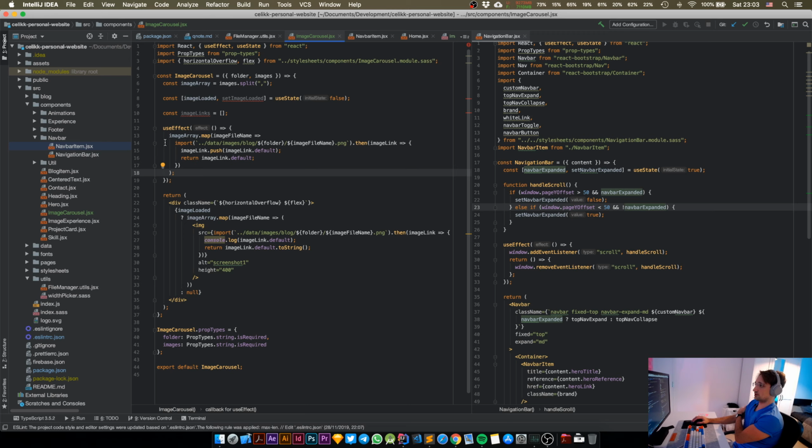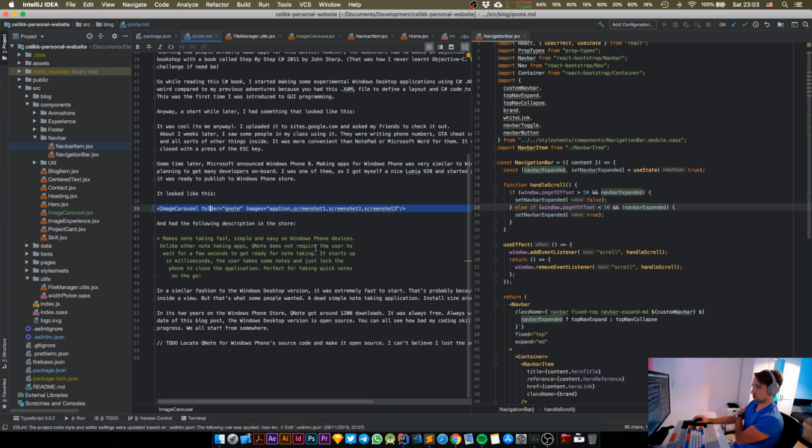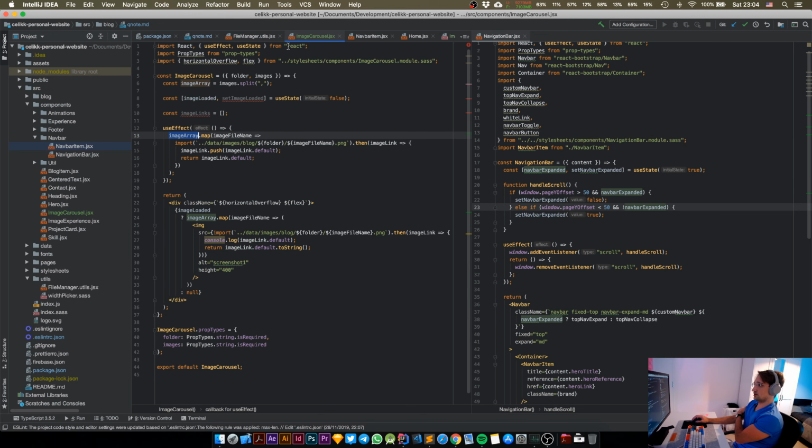Cool. So when the component is loaded, we're gonna read all of, let me show you, these image names. These are comma separated values. The first one is app icon, second one screenshot 1, screenshot 2, screenshot 3. Inside in here, I'm gonna do an import, and it's importing all of the file names. All of the image names are read from here. I split them, I turn them into an array, and all of these elements get mapped to a file, and then their hashed React links will get pushed inside an array in here,